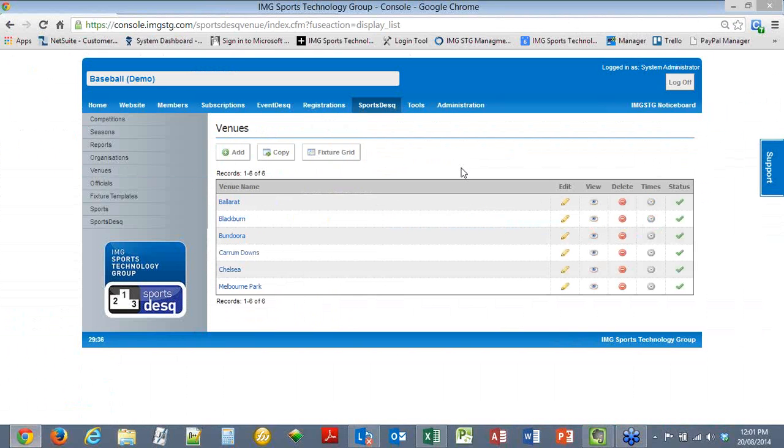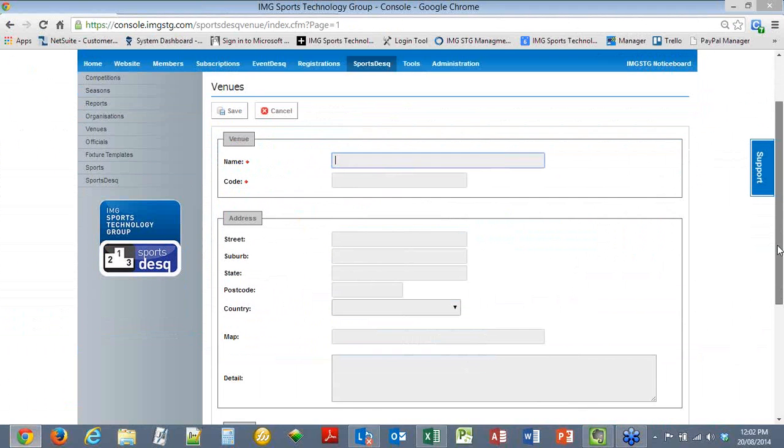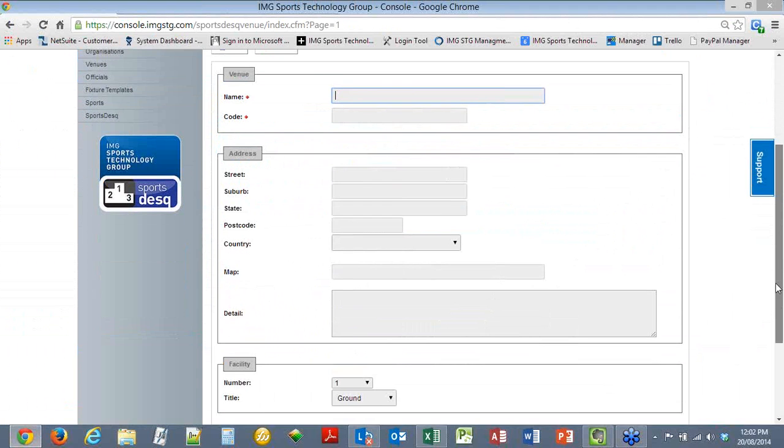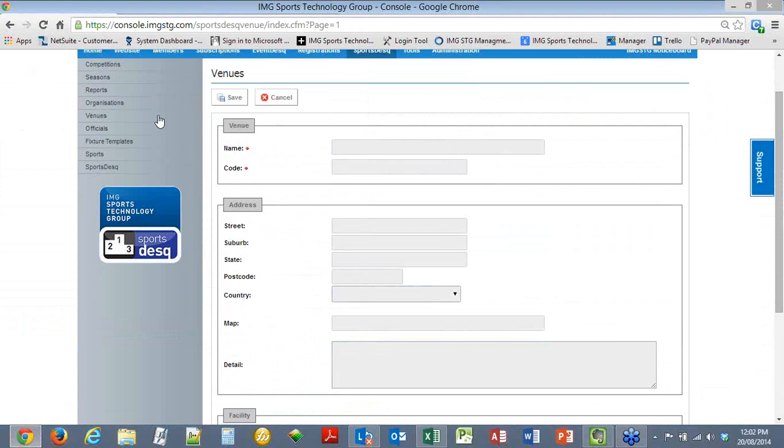And essentially from this page here, once I've added a venue, so first I can click on add. I enter the details, so I can put in the address information of the venue. You can also select the number of fields at that facility, so you may have 2, 3, 4 different fields available at one venue, so you can nominate how many there are. You can give it a title, and in this case we'll nominate sport as baseball. Once that's been set up,